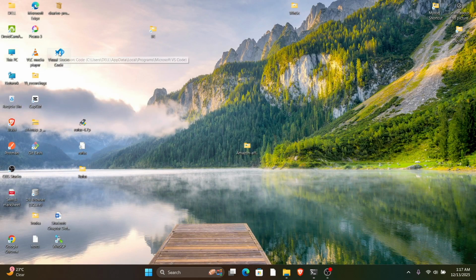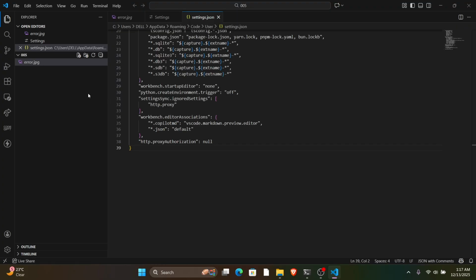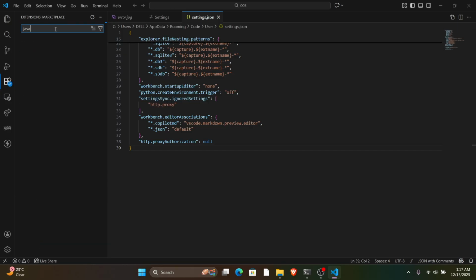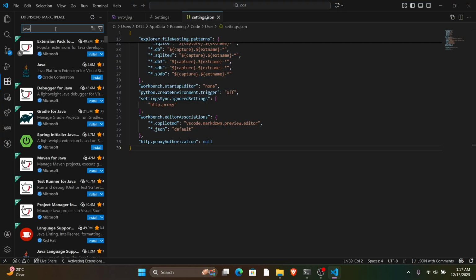And let's open it once again. So right now this is how our settings.json looks. Let's try to check if we are able to get any extensions. And yep,